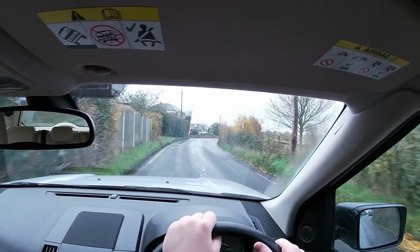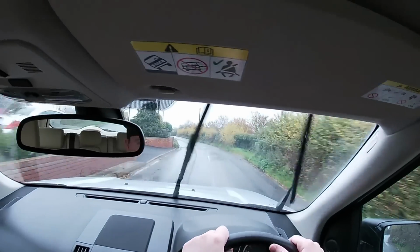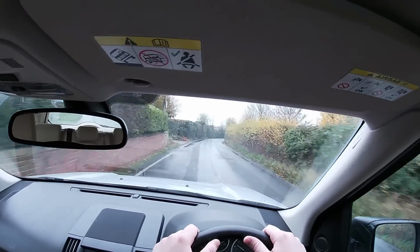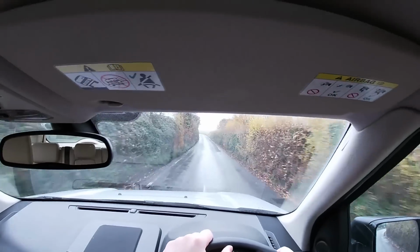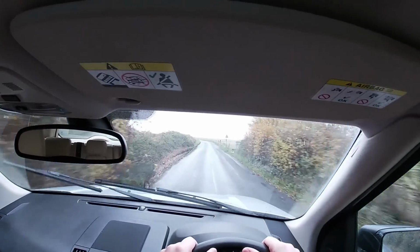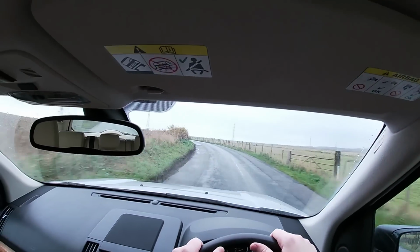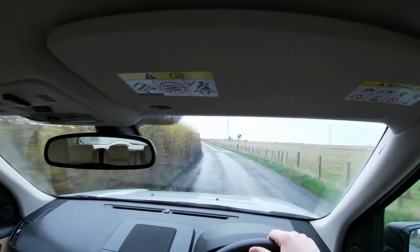What worries me though is that I actually have no idea of how many miles this car has covered in its lifetime. It could have done 200,000, it could have done 300,000, it could have done 1 million. I am not to know. But it doesn't drive like that. It drives as though it's done maybe 150,000 at most, but it is a Land Rover and the engines run forever, so it could have done 500,000